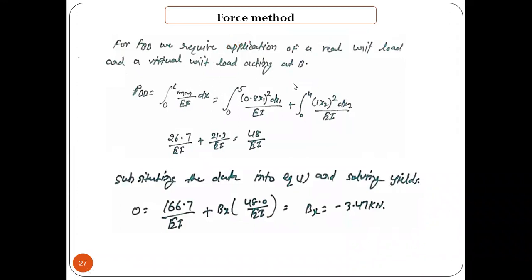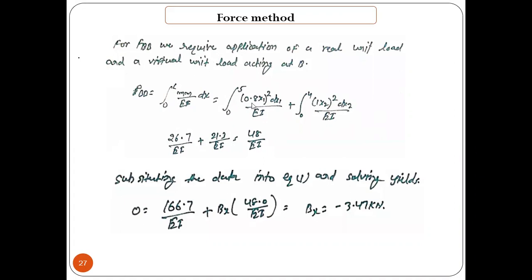Next, we need to calculate the displacement due to the unit load applied in the horizontal direction. So now we are not going to consider the real value. A unit load is applied in the direction of deflection that we need to calculate. FBB is what we need to find, that is the displacement happening at B due to the force applied at point B. So again, there is no real loading, so just take the small m only. You again divide into two segments, the way we have solved the previous portion, and that remains the same here also.